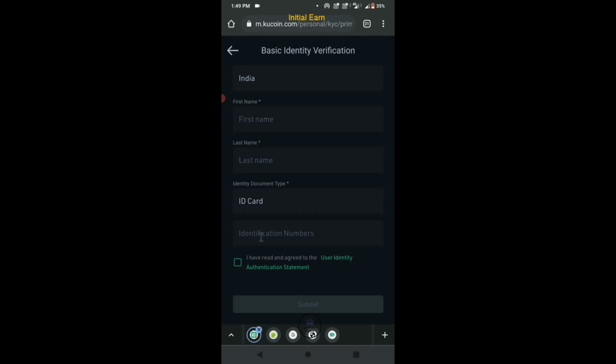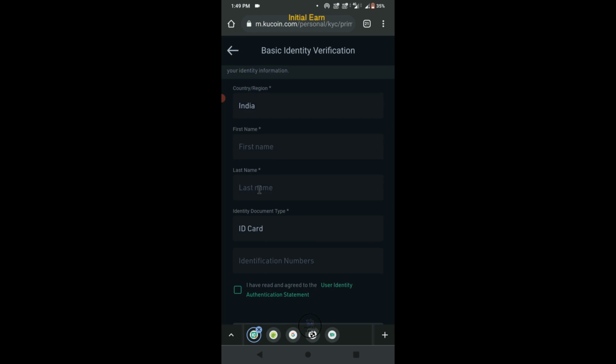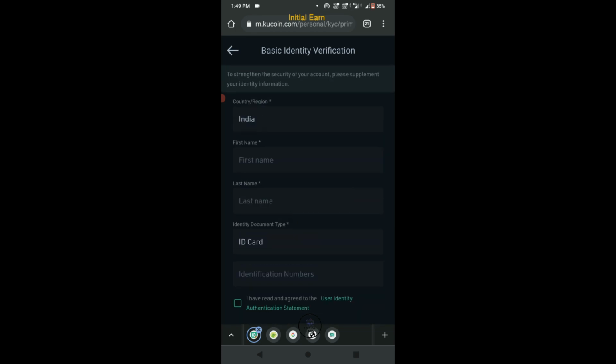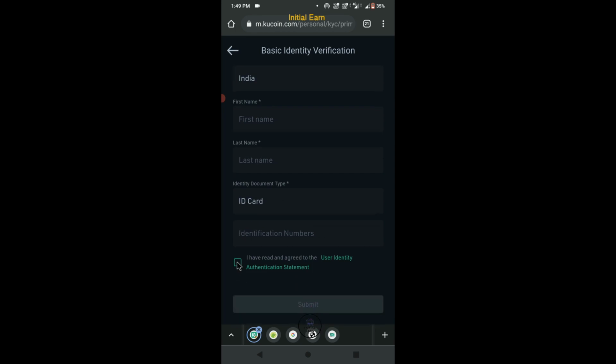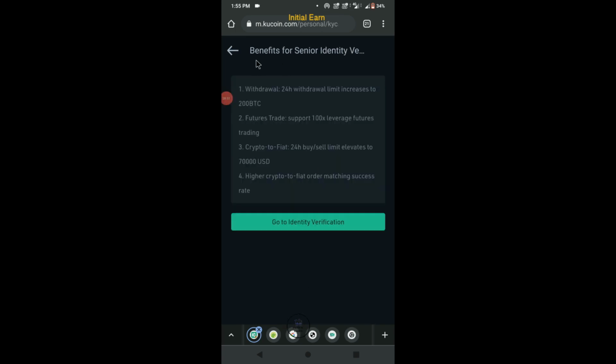Then we have to enter an ID card number. If you are from India, you might have an Aadhaar card or a voter ID or some other cards. If from the USA or any other country, you might have your country's ID proof. So just enter the ID card number of your country. Once you enter your first name, last name, and your country's official ID card number, just click on the checkbox and click on submit. Once you click on submit, you will get this type of interface. Just click on go